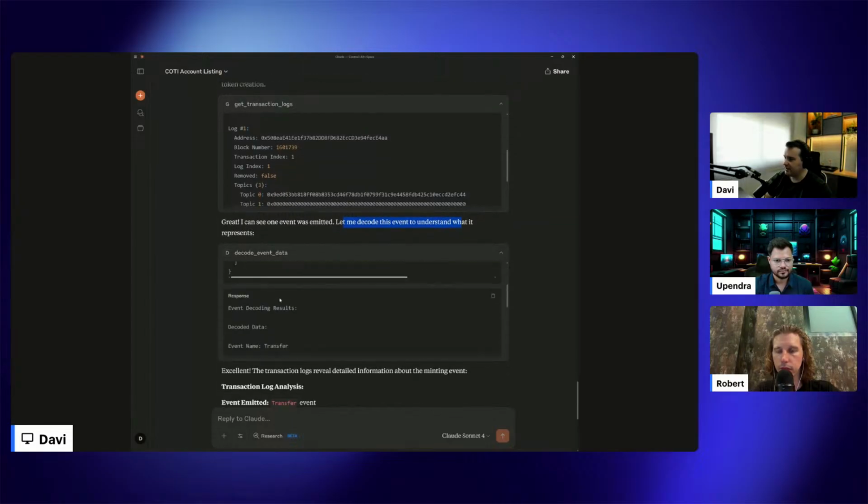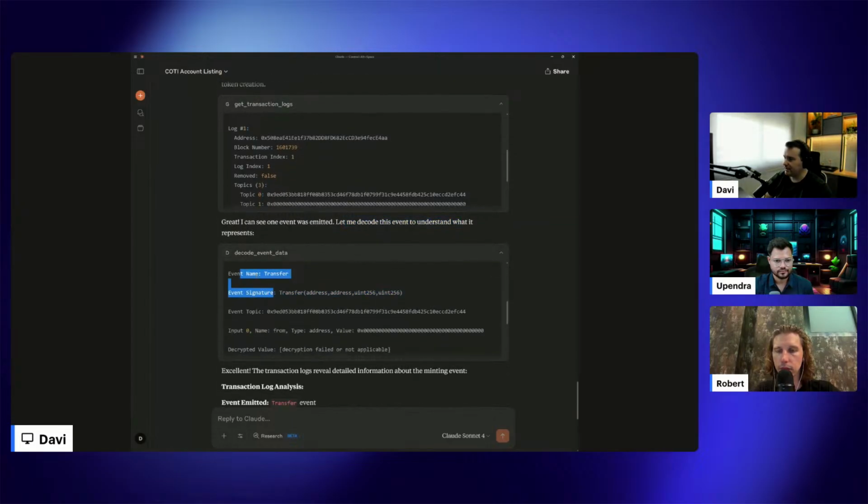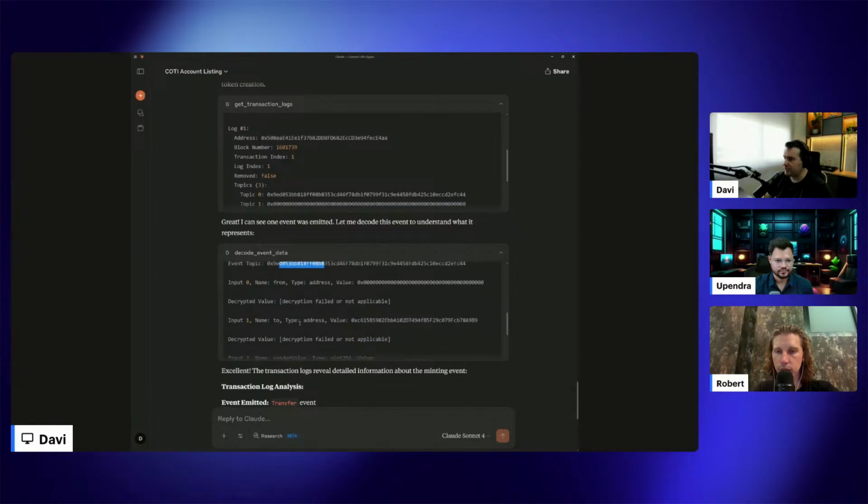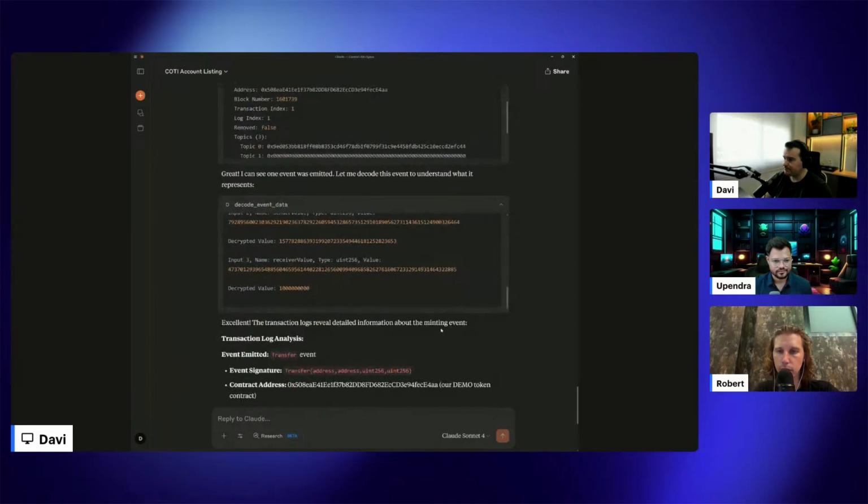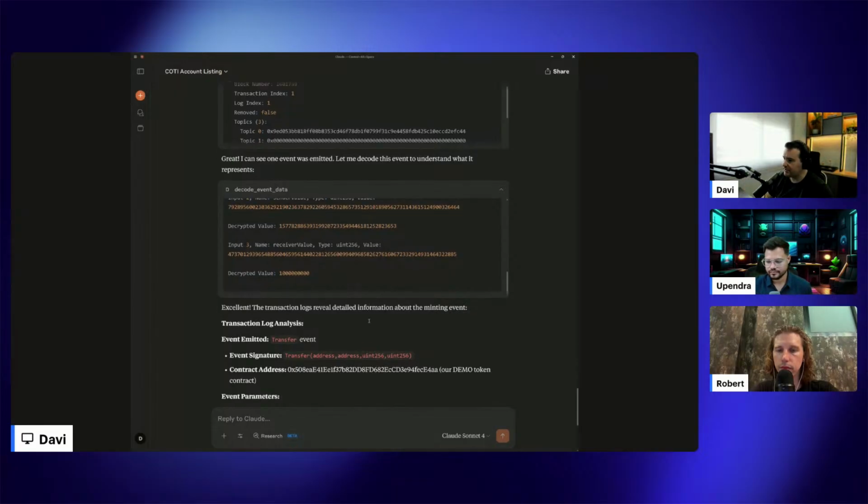And here I can have the event name, the event signature, the event topic, and each input here. And also, as you are minting something, the from is a zero address, right? Because we are minting something new. And this is the address of the destination wallet. So you can basically see all the decoded information from the transaction log.